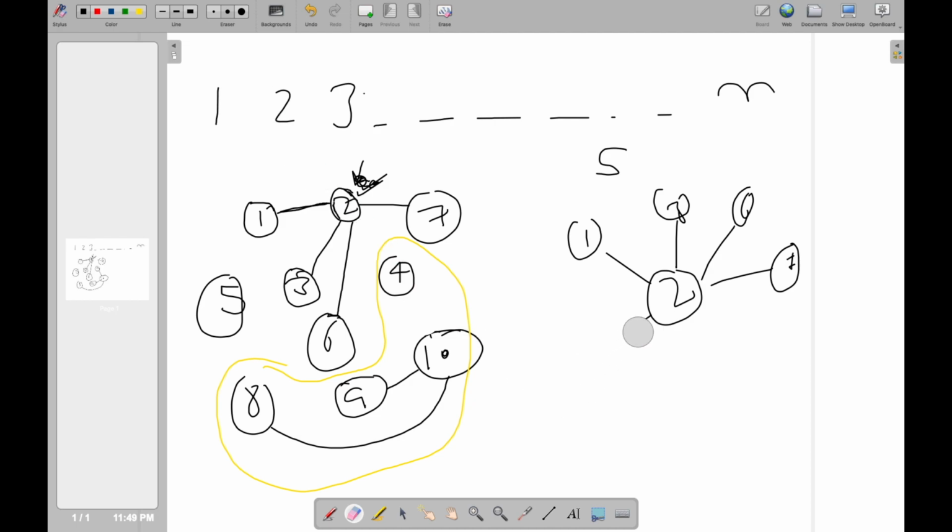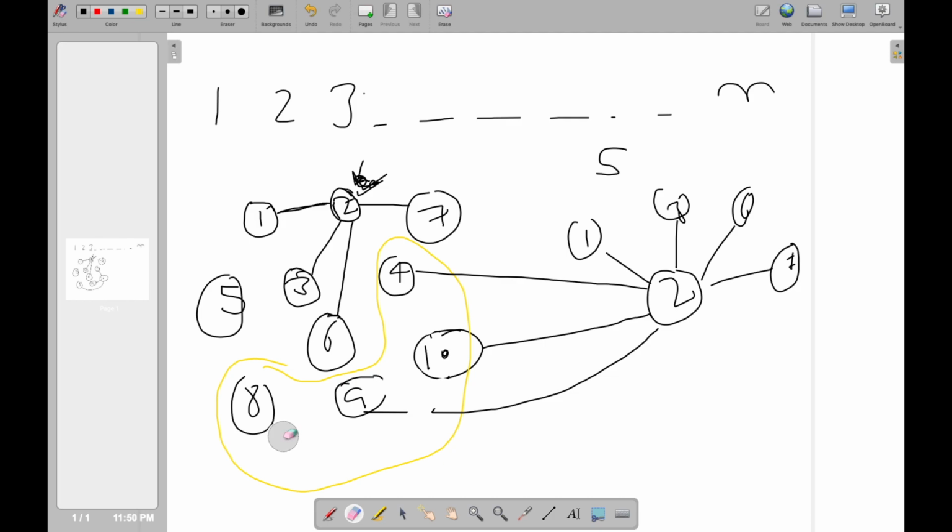Okay, instead let's do it like this. So I connected 2 with 10, and then after I remove this edge, I connect that to 2 again, and then I remove this edge as well, and I connect this with 9, with 2, and then I remove this edge as well, and I connect that as well with 2. So as you can see, with just one extra edge at our disposal, we were able to break down this entire component and connect it with another in this star formation.